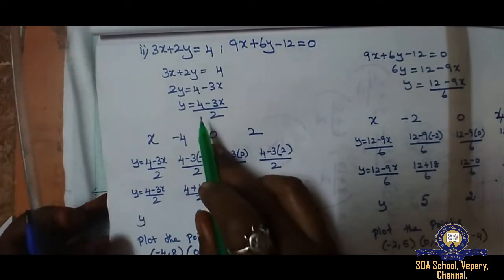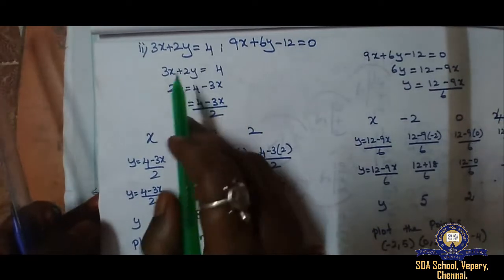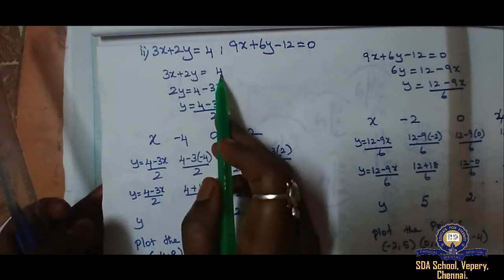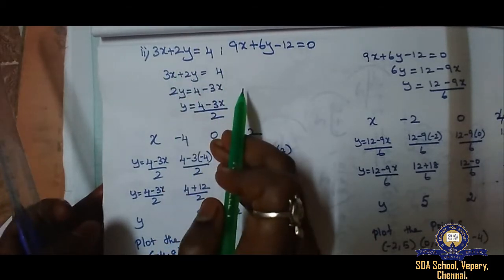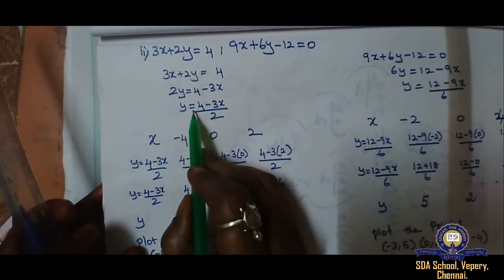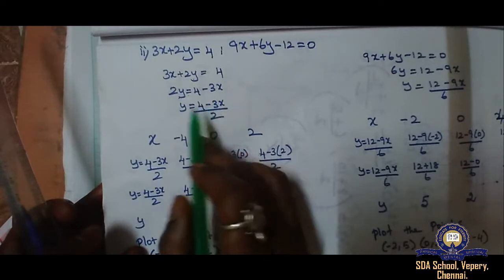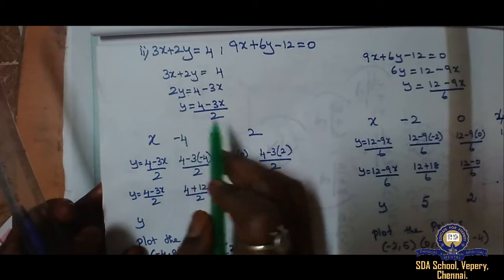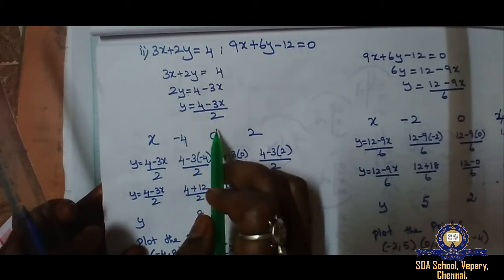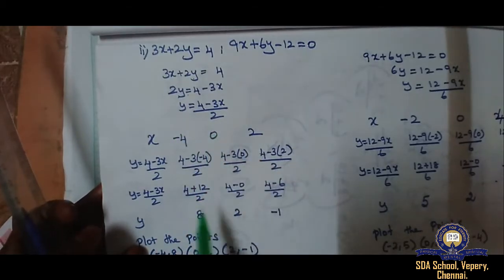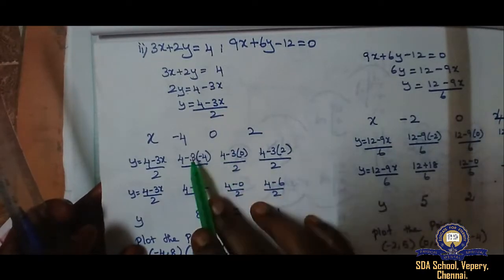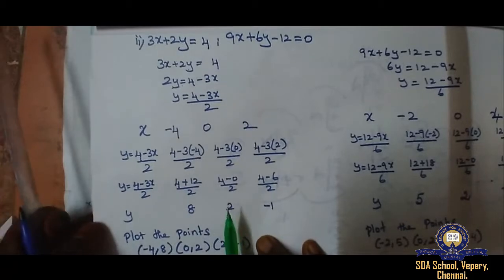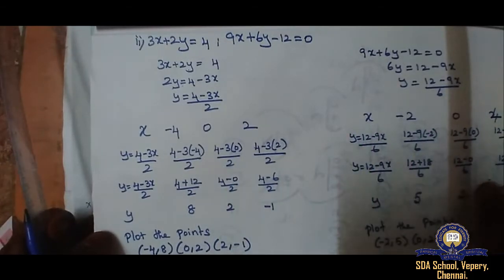So before that we'll see how the equations are split. We need y is equal to, right? So 2y is equal to 4, this 3x I took this side, minus 3x. Then y is equal to 4 minus 3x, and this 2 comes down because it is in multiplication. So y is equal to 4 minus 3x divided by 2. Here also the same number we cannot take because the same answer will come, so I have taken different values.